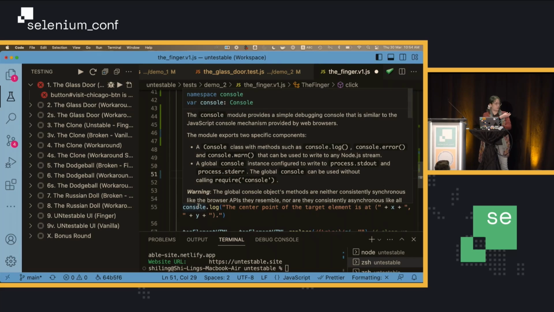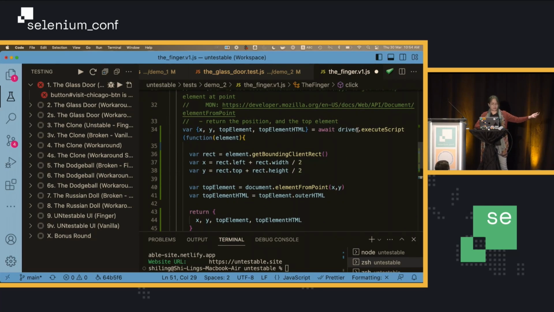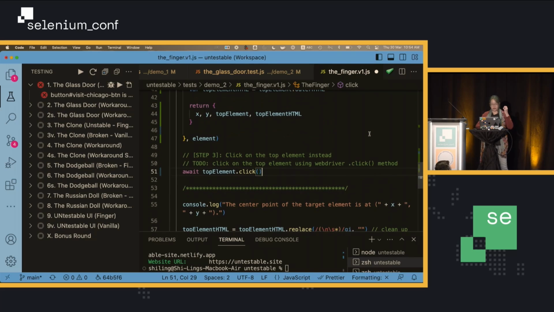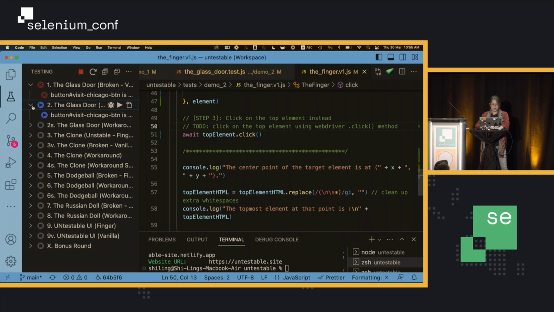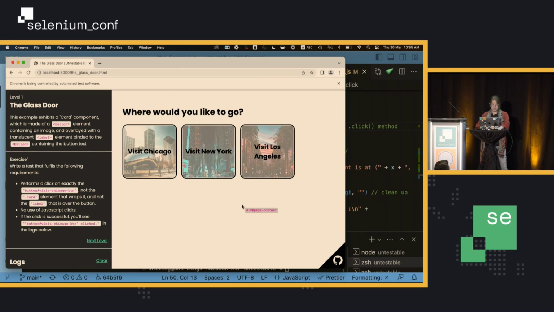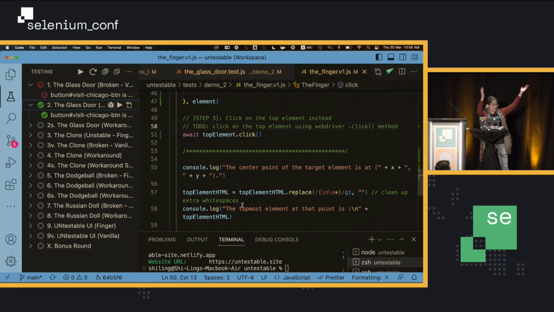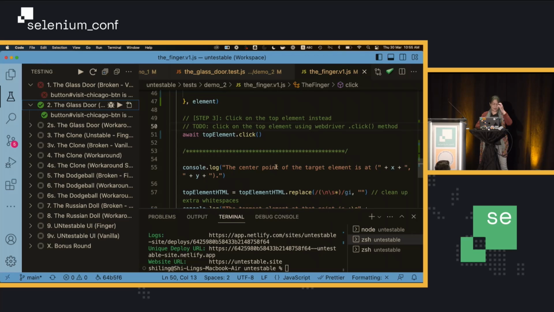We get the element reference back from the response of the driver.executeScript function, and we'll click on the top element instead. So let's go ahead and run this test. Yay, confetti, it works! Okay, so that is how to solve for the glass door.